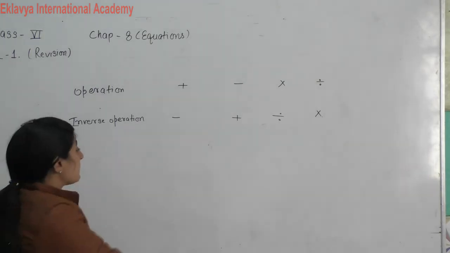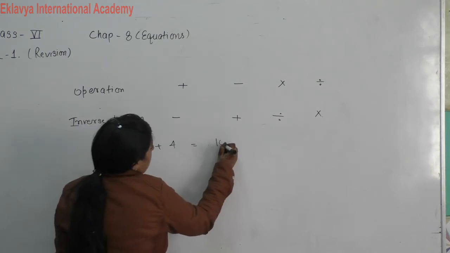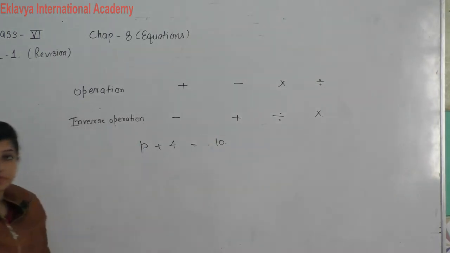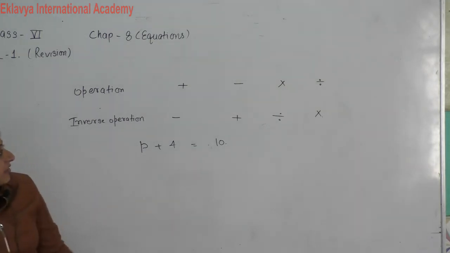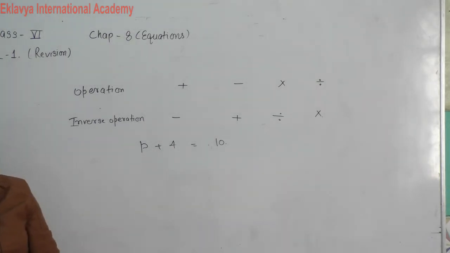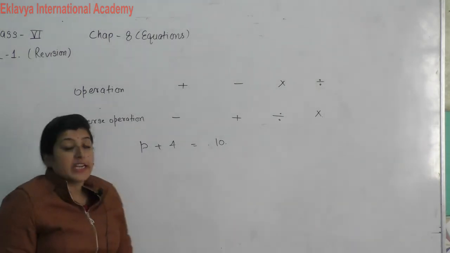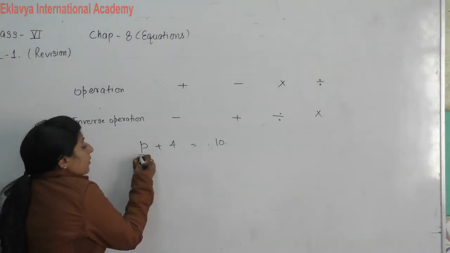See, suppose I write down P plus 4 is equal to 10. So whenever we have addition in the equation, then we will use the inverse operation, subtraction. It means the unknown variable